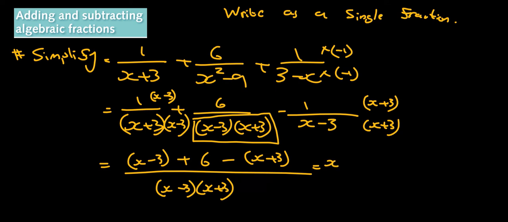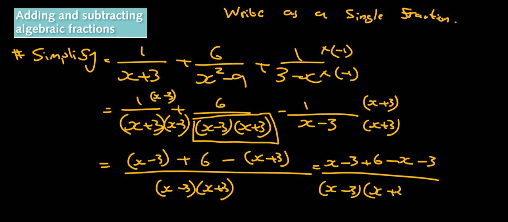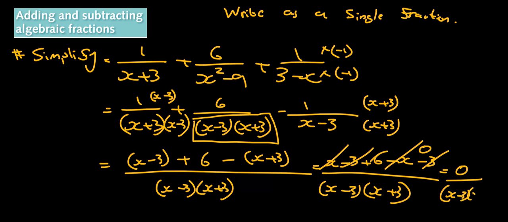We're just going to get x subtract 3 plus 6 subtract x subtract 3, and it looks like you can get 0 for this. That goes, that goes, that goes, that goes, that goes, 0, so we get 0 over (x subtract 3)(x plus 3),